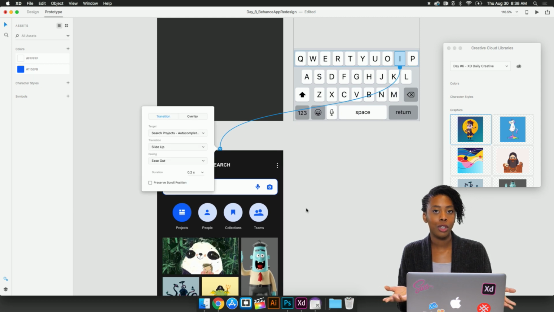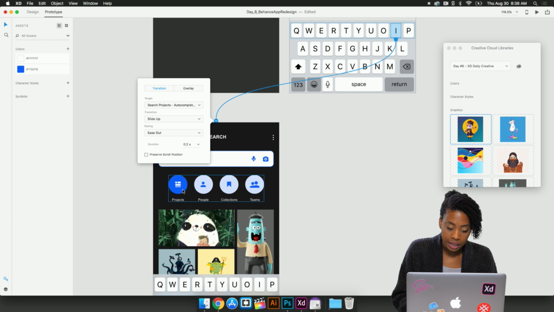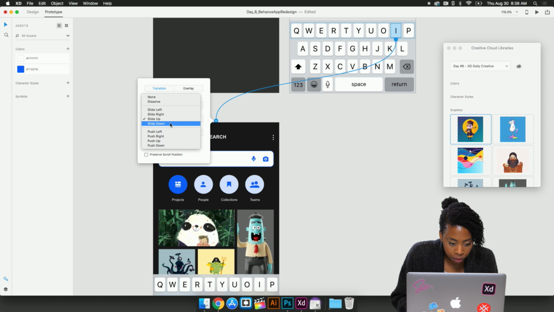And I'm sure most of us use Google to search for things, and that's probably the most famous instance of autocomplete. So for this first experience, we are going to be using autocomplete. So as we're typing the term illustration, it's automatically pulling up illustrations, and we did select projects. As you can see, this is highlighted. So it's showing us a visual representation of the keyword illustrations. So this is just going to be a dissolve. And we'll set duration to 0.2 seconds.